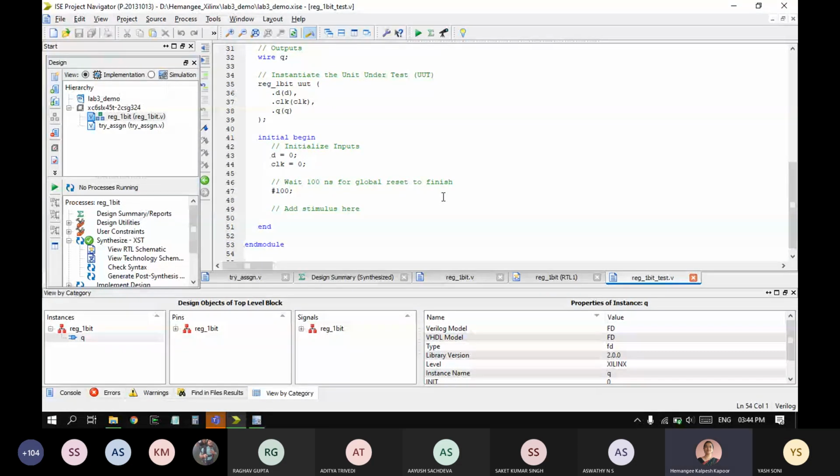So this is the template which it gives us readily, and the clock actually has to come as a square waveform, and it is difficult for us to always assign clock 0, clock 1, clock 0, clock 1 after a particular delay. So what we'll do is we'll have another initial begin end block for doing this. I'm going to delete the clock equal to 0 from this place, and for that I'm going to add another initial begin end at the top before this. Okay, so I will say another begin and end, and in this block I will add the clock.